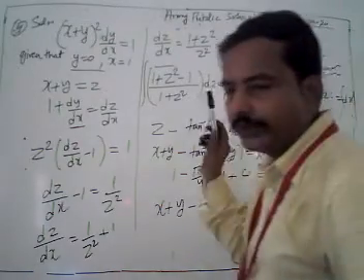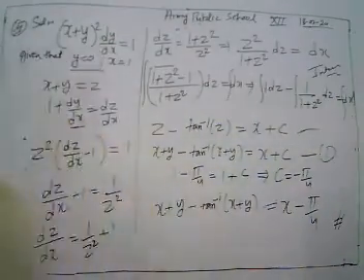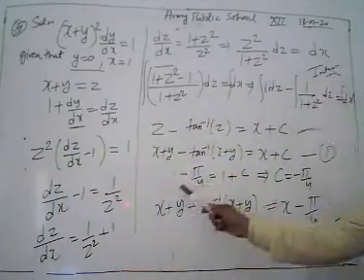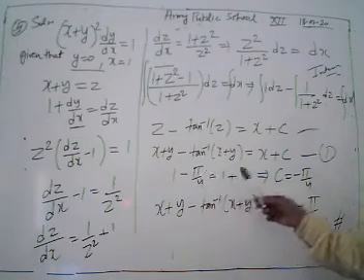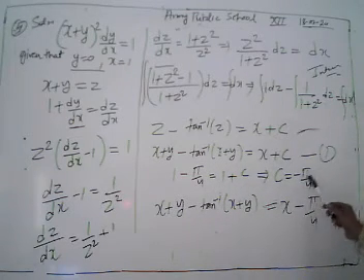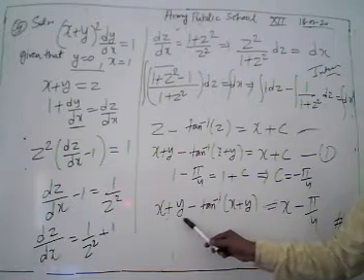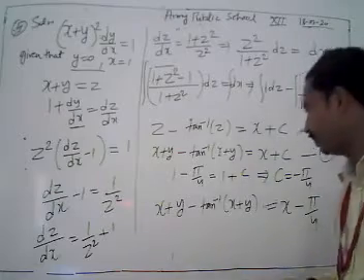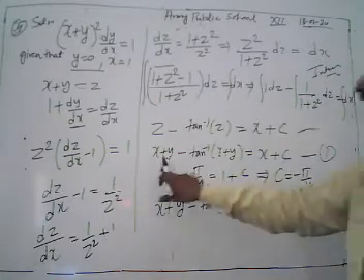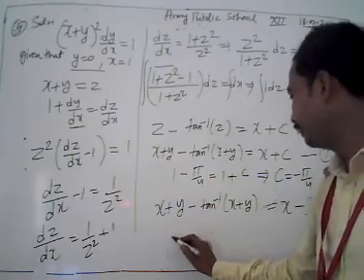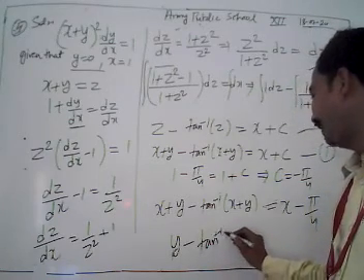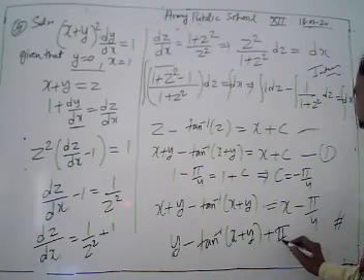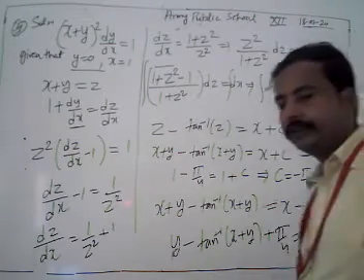But here we have to use our condition. What is our condition? x is 1 and y is 0. With x is 1, y 0, we have 1 plus 0, tan inverse 1 is pi by 4, x is 1, so we get the value of c as minus pi by 4. Then we have x plus y minus tan inverse (x plus y) equal to x minus pi by 4. We can also cancel out this x because this is our x. Then what is our solution? It's y minus tan inverse (x plus y) plus pi by 4 equal to 0. This is our required solution.